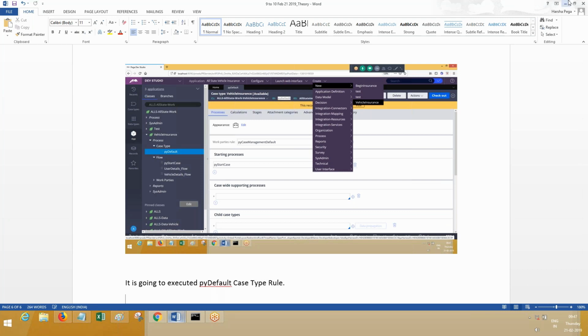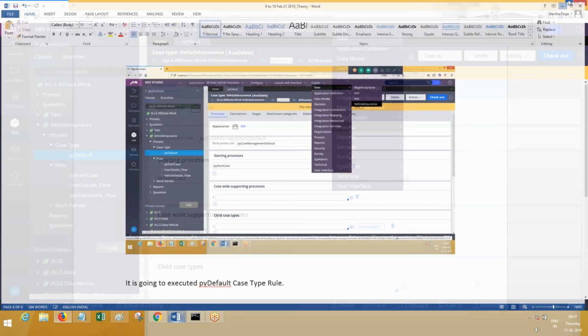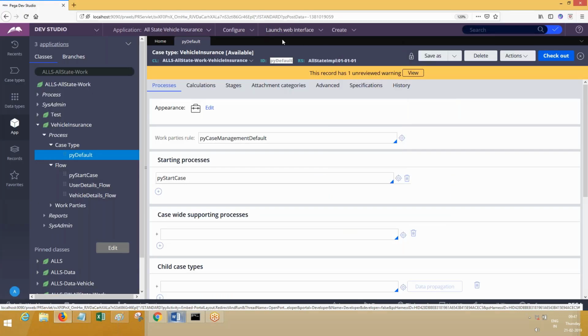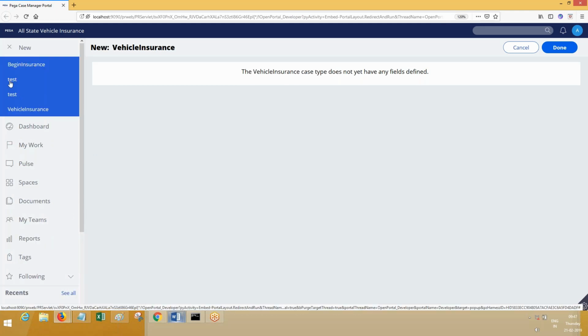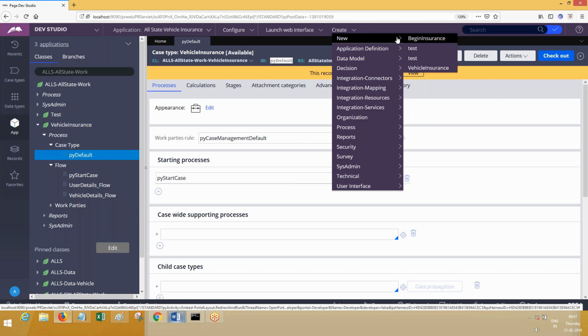Can you tell me one thing? It is available in create menu, right? If you go to manager profile, manager portal, should it be available in new menu? Is it available? So if you want a flow to be available in this drop down, either in new menu or in create menu, what is the update that we have made? Manually we have made some update some time back, right? In which rule we have made changes? In order for our workflows to be available in this create menu or new menu in manager portal, we have modified one of the rules. Application rule form. Which rule we have modified?